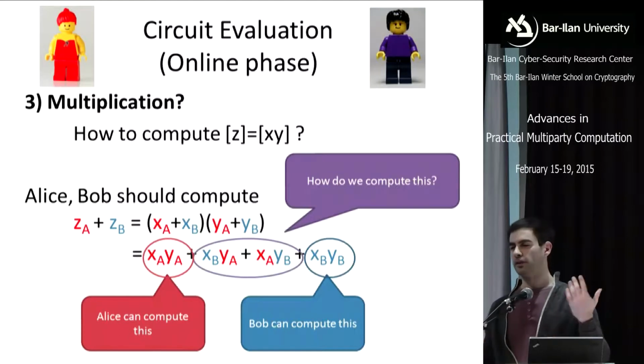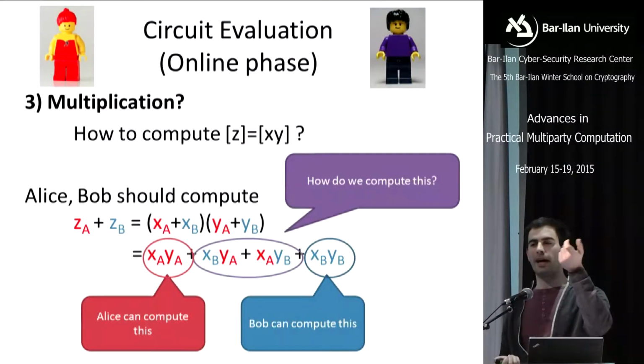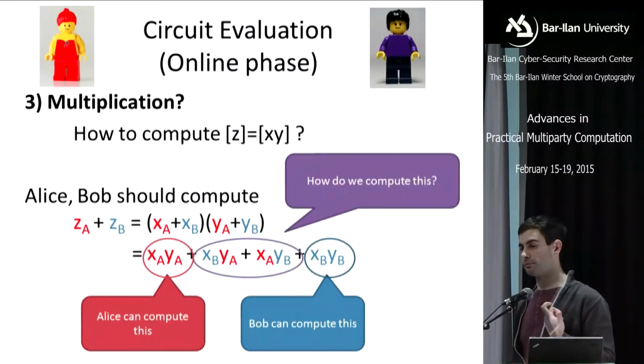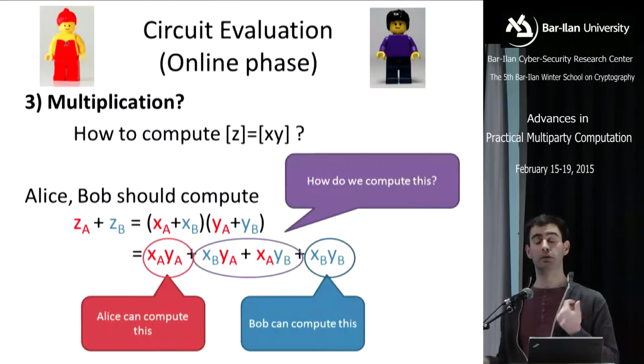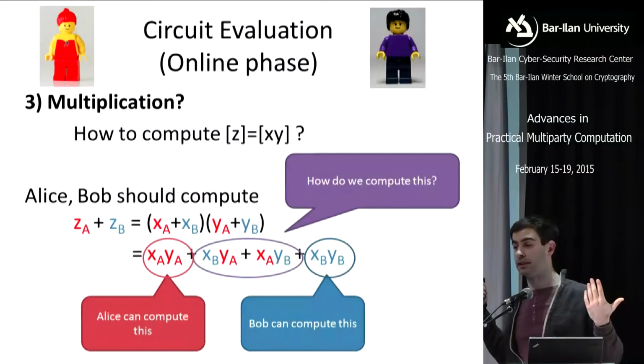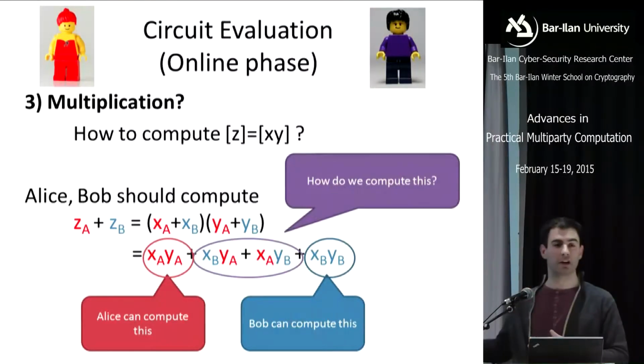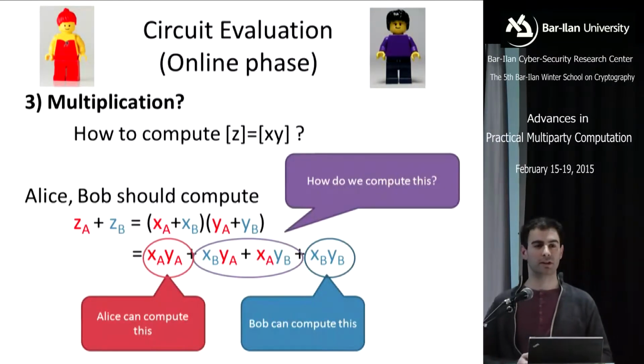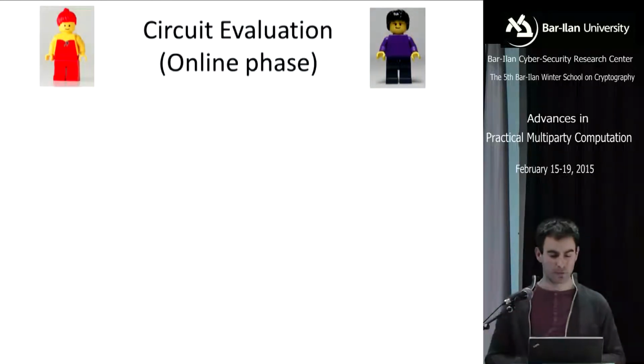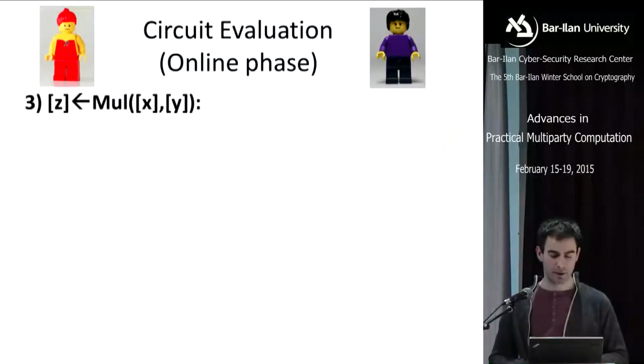So if x and y were coming from a small domain, if you're working on a small field, you could simply use the one-time truth table protocol that I presented before. That allows you to compute any function, so in particular, you can also compute this function. But there is a much better way of doing this, which is this Beaver trick,